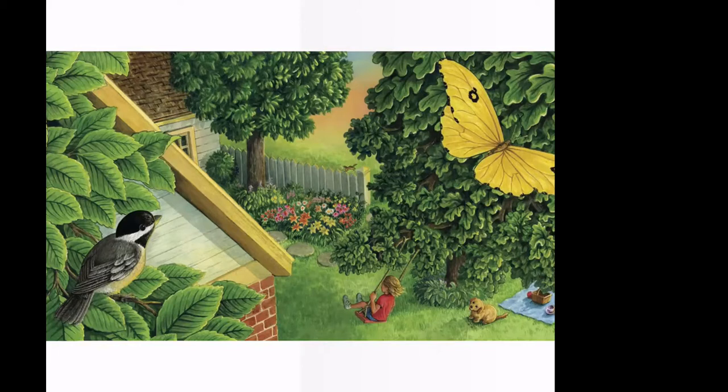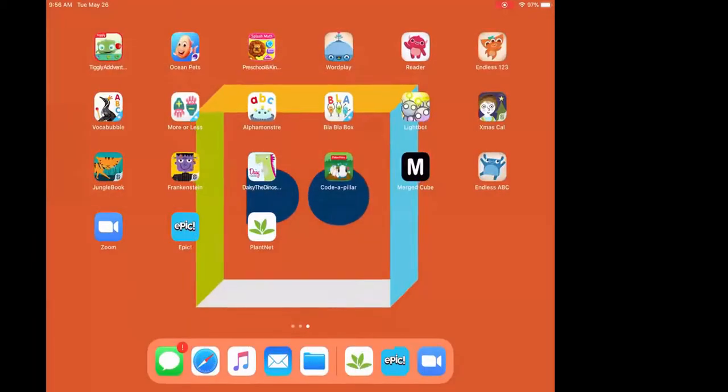Nice. Well, thanks for joining me with our story time. So the next thing we are going to do, friends, is I'm going to open up a really cool app. And you should see at the very last row, in the very last app, an app that says PlantNet. PlantNet. And we are going to open that up